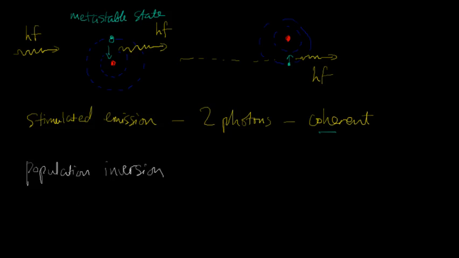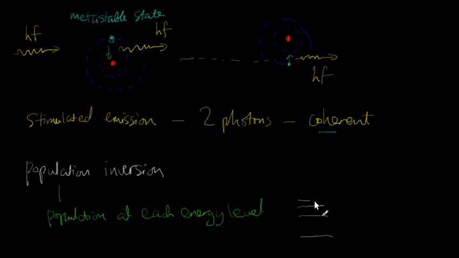Let me describe this a little bit more clearly. The population here refers to the population at each energy level. Like I have often in past videos drawn energy levels, say for the hydrogen atom. So there are these energy levels, and we would expect that there are more